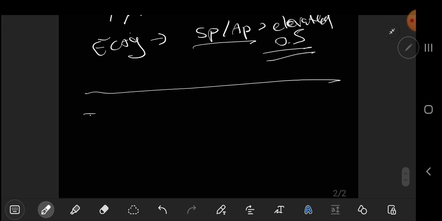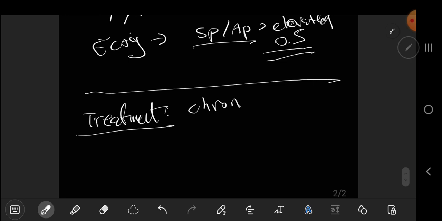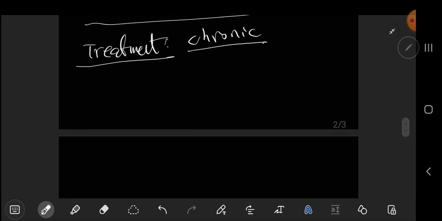Now, what is the treatment for Meniere disease? The treatment is quite problematic. Remember that it is a chronic disease, and as the disease progresses, it becomes more severe and more debilitating. Now,